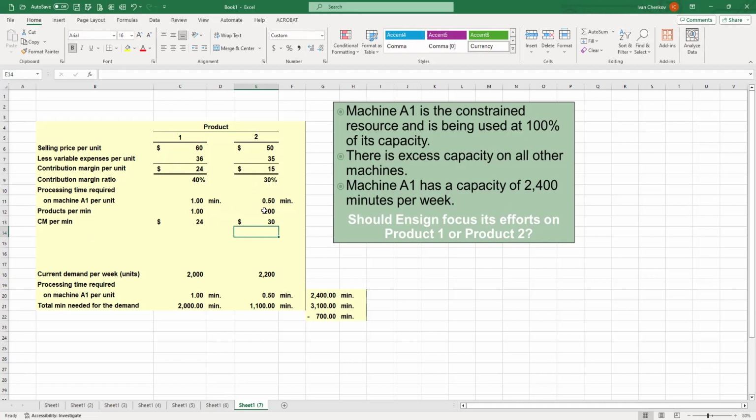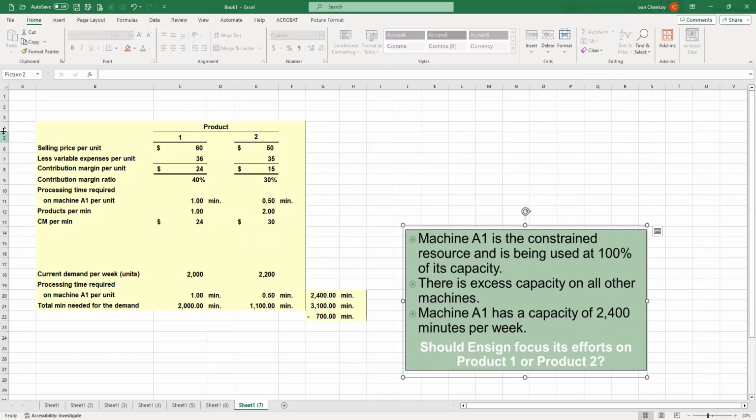So now on which product should we focus first? On the second one, right? On the second one. So what will be our winning strategy here? Our winning strategy will be the following. First,